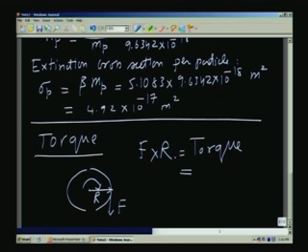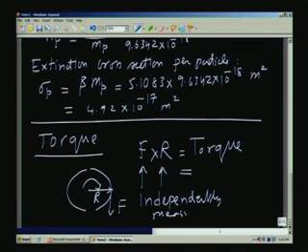So we can see that we can measure the force and the radius separately and evaluate the torque, or we can think of some arrangement by which the torque can be directly measured. So either measure independently or measure directly. Of course, direct measurement has some advantages, because the errors in measurement of F and R are going to translate into error in the measured quantity, and that can be avoided by measuring the torque directly.